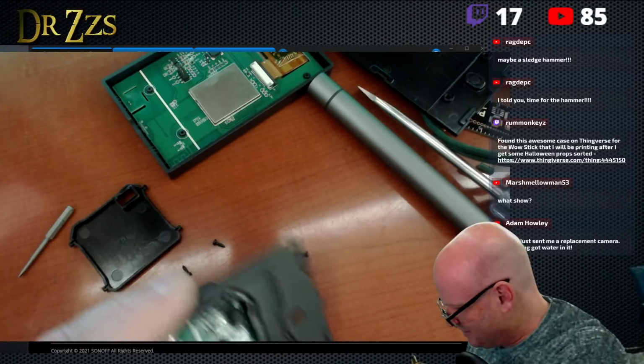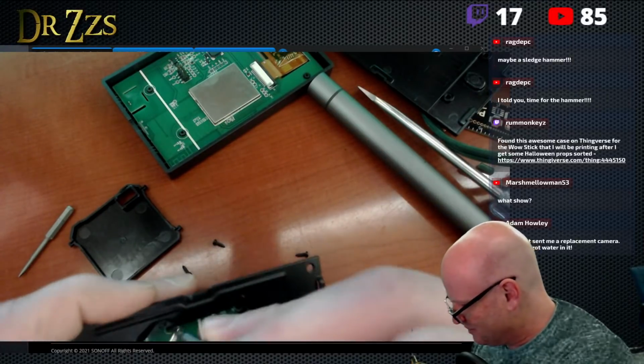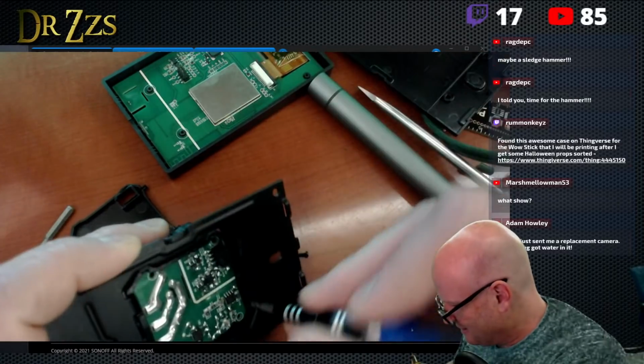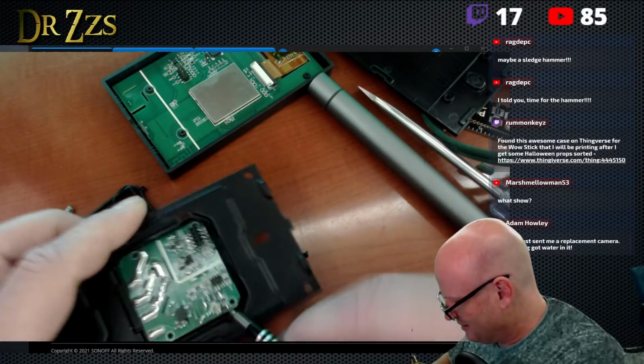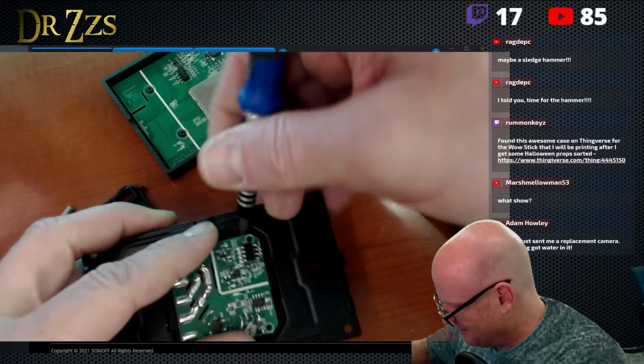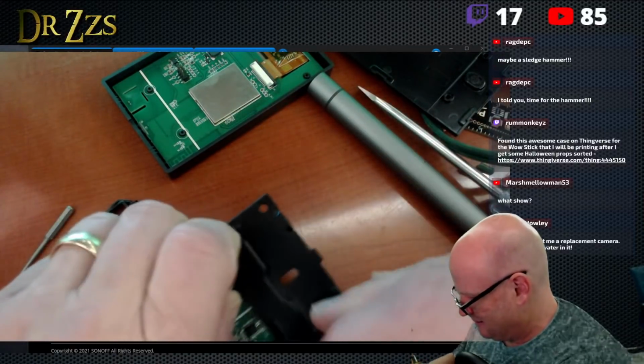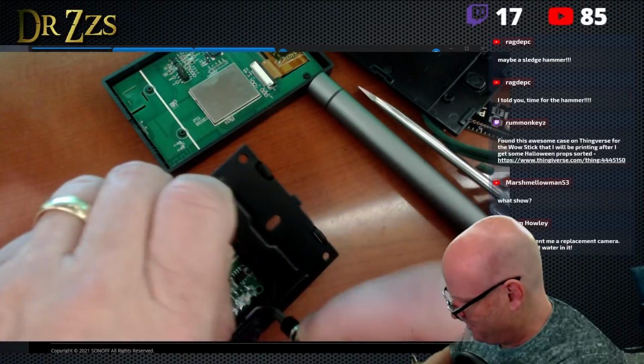Oh yeah, it's coming. There it goes. Oh, and then it fell back down. Ugh. Come on, fat fingers.